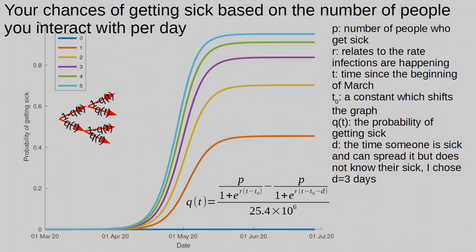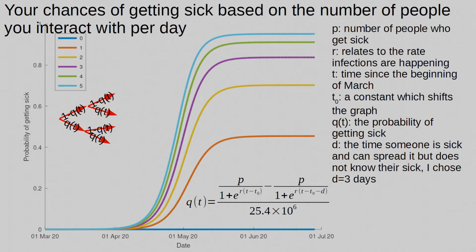How I worked this out is I worked out the probability of you getting sick on a particular day, which just comes from the curve fit of only 3 days for people not knowing they're sick that could still infect you, divided by the population of the country. After I've got that probability, I then use what's known as an urn model, where I have an urn filled with balls, and I draw from that urn one at a time and then look at my result. And that represents going out and interacting with another person that could potentially get you sick.